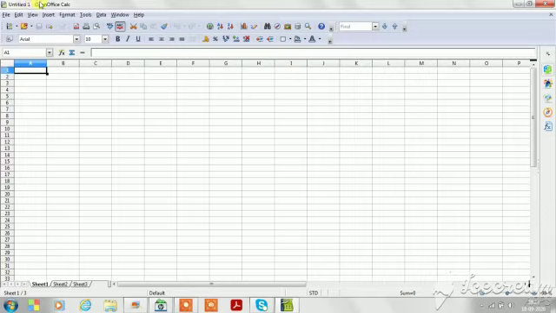At the topmost area of the window is the title bar. It displays the name of the open workbook and the window control buttons on the right-hand side of the screen.